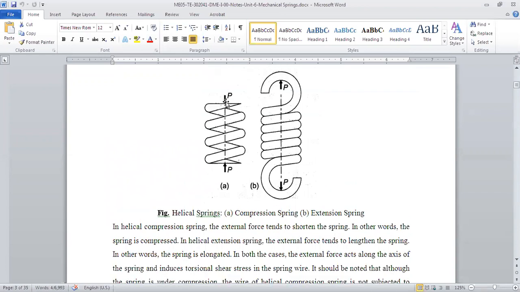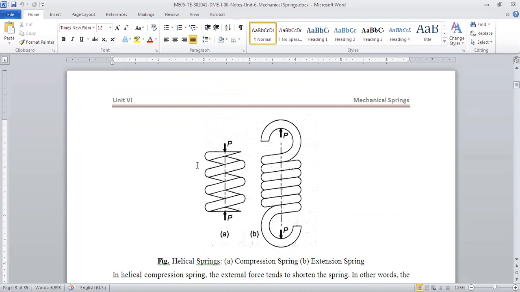Now, can anybody tell me what kind of load or stress will be in the spring? That is the important thing we need to learn, because springs are elements where the stress is not easily understandable, right? If you assume a compressive spring or a tensile spring, you will assume that the stress in the spring is compressive or tensile, but that is not the case. The stress in the helical spring is not tensile or compressive. In fact, torsional stress is developed. Now, how to imagine that?